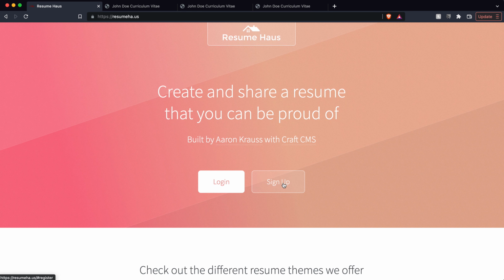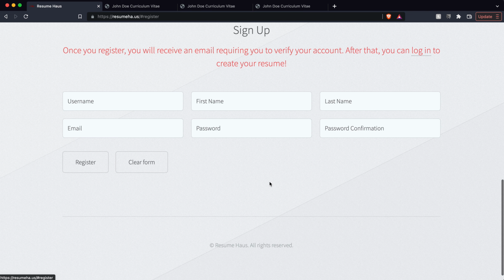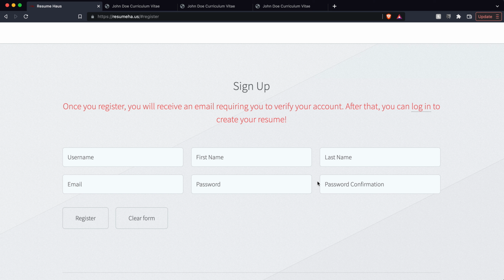So to get started, you'll click on Sign Up here, or you can scroll down to the bottom of this page, and you'll see a simple form here. Resume Haus is entirely free, and it will always stay that way. So once you register here, you will get an email to verify your account, and once you do that, you